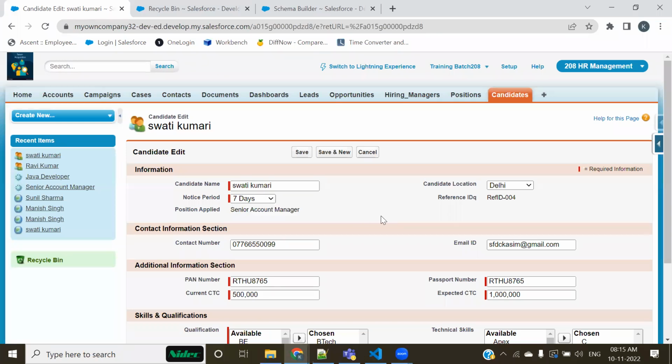But this is what it is: if you want intentionally that the parent can be changed, I mean this facility should be there, then go with lookup. But if you want that once the parent has been given to this record, it shouldn't be changed, then you have to intentionally implement this with a master detail relationship.